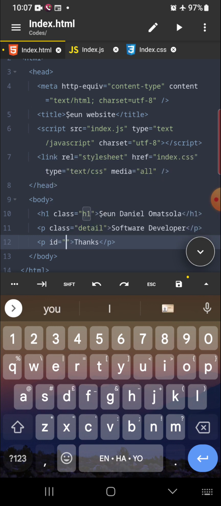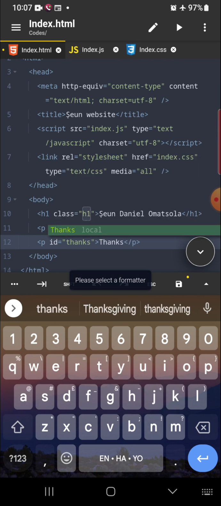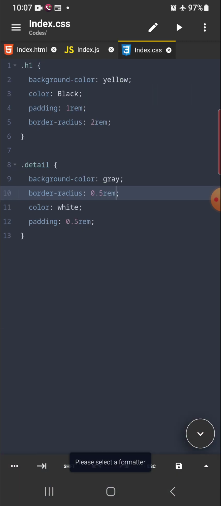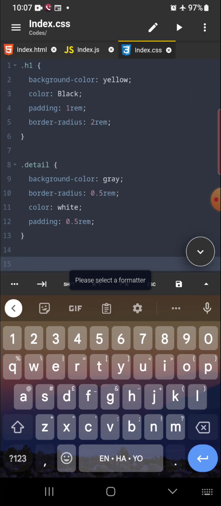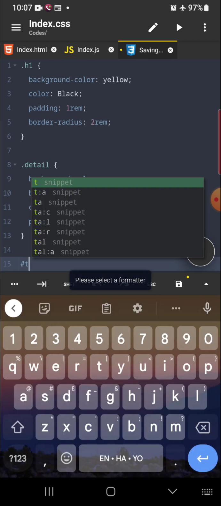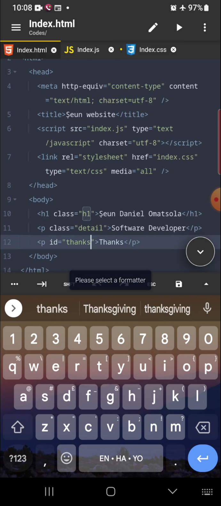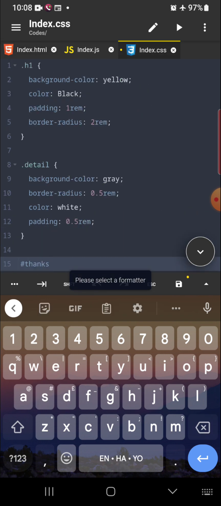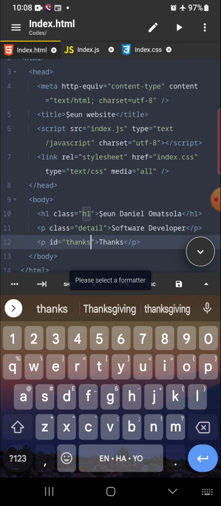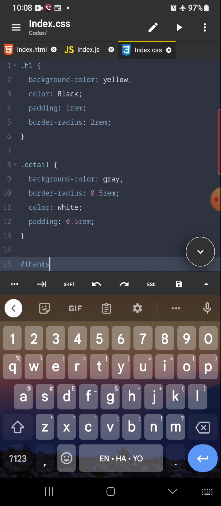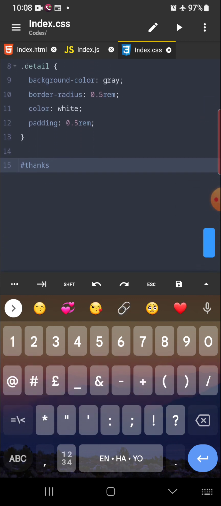You see, ID is a bit different, just thanks. So save, always make sure you save. So here, to represent that it's an ID, I'll use the hash symbol, then thanks. I think it's thanks we use, right? Thanks. So we'll save here, we'll save there. So since I've given it an ID now,